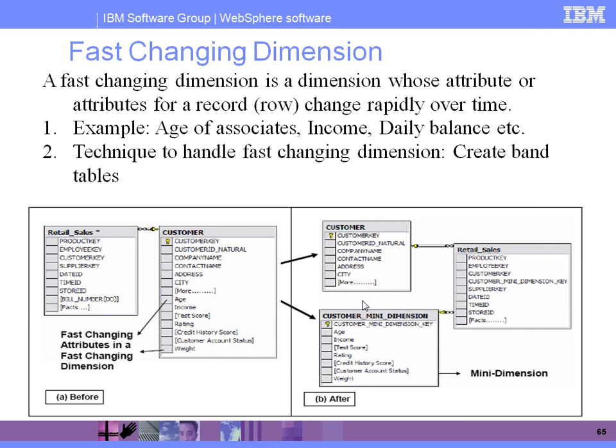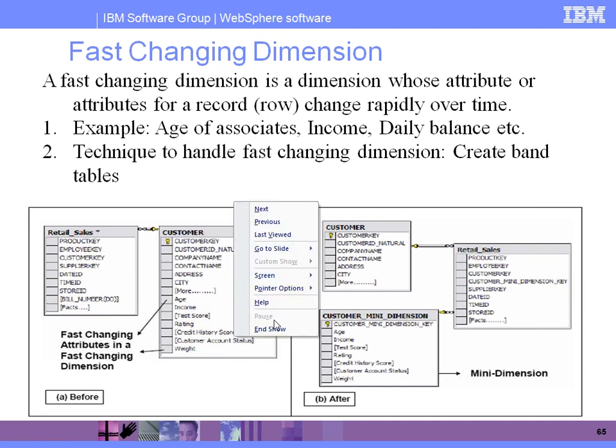We can see these kinds of dimension tables in some projects, not on every project. Especially in finance and insurance kinds of domains, we can see this fast changing dimension table most of the time. Here in the fast changing dimension table, we maintain the columns which are changing rapidly over time. That data we maintain as history to populate into the warehouse table. That's also one type of dimension table. But we can see this kind of thing in finance domains.